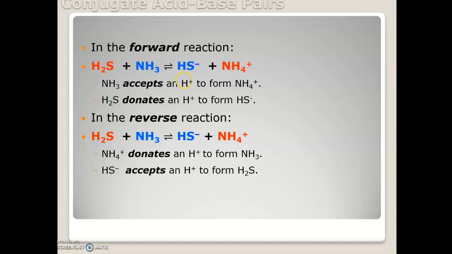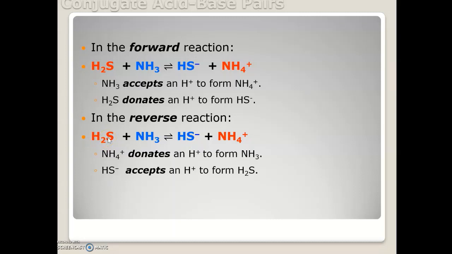Then if we consider the reverse reaction of the same equation, it is ammonium that donates its H plus to HS minus. So ammonium turns to ammonia, and HS minus is the one that receives H plus from ammonium, and HS minus turns to